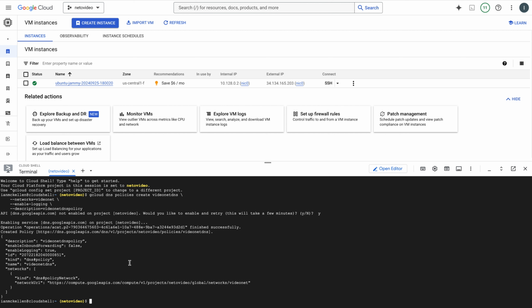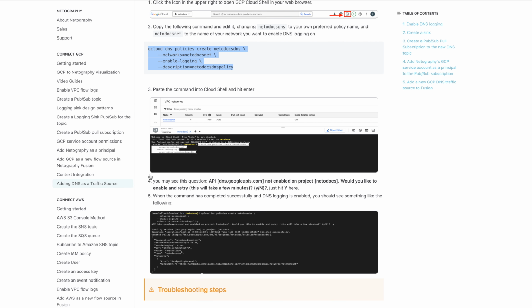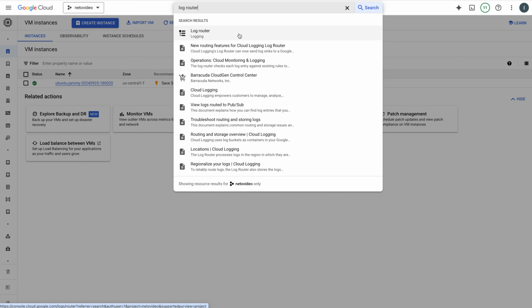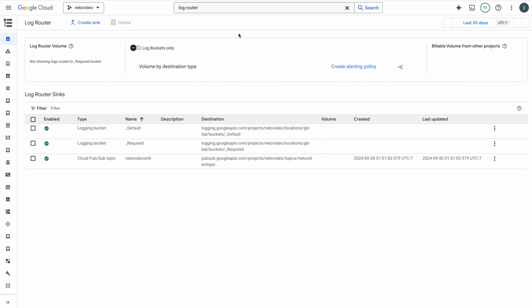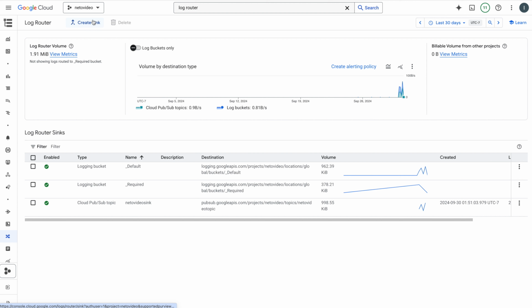If this step did not go smoothly for you and you did get an error, see the troubleshooting steps under the Add DNS as a Traffic Source page on our Quick Start guide. Next, we're going to create a sink. So go to Log Router, create sink,